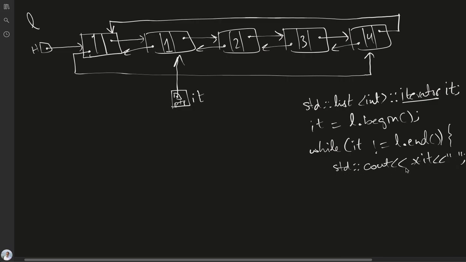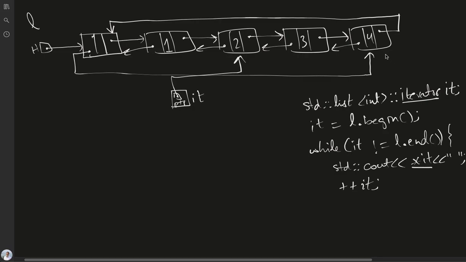So what this dereferencing operator would do is basically return the value 1, and to move the iterator to the next node, we would simply call the increment operator, plus plus it. What plus plus it would do is change the pointer to the next node, and then in the next iteration 2 would be displayed, and plus plus would move the iterator to the third node and fourth node,